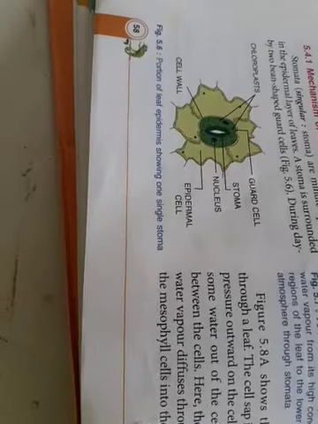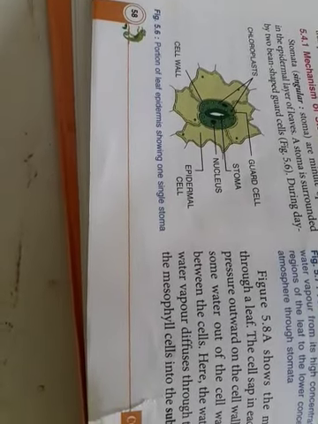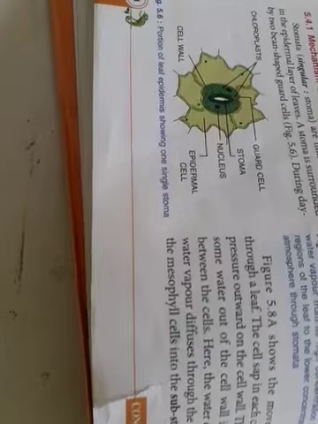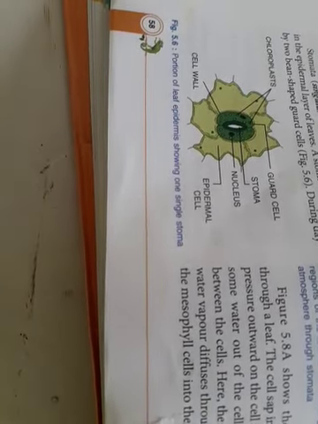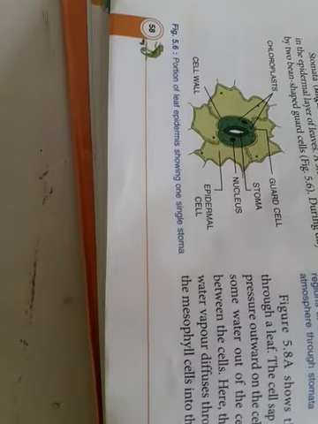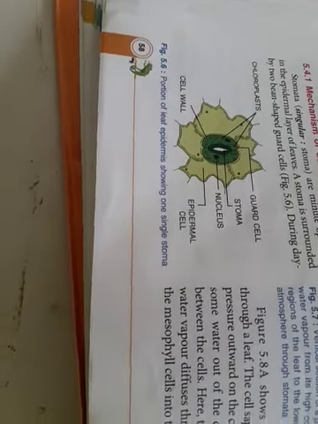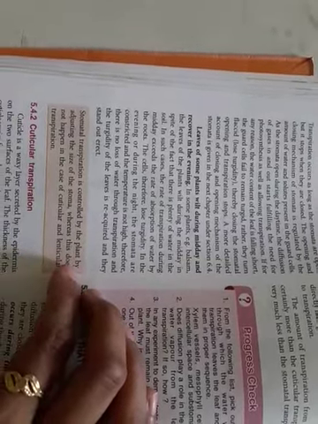They close their stomata, so they become flaccid and lose their turgidity. When it is turgid, the stomata are open. When it is flaccid, the stomata are closed. So this is what happens actually. When transpiration occurs, stomata are open. When due to some problem transpiration does not take place, the stomata will be closed. Now, leaves of some plants wilt during midday and then recover in the evening.